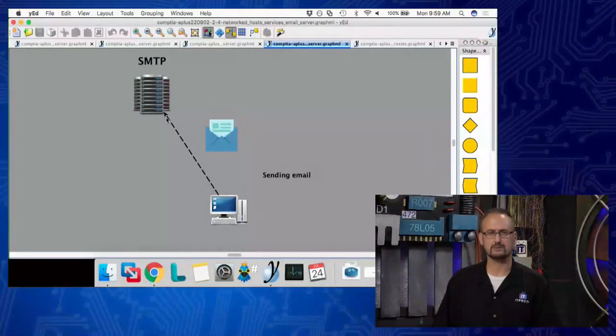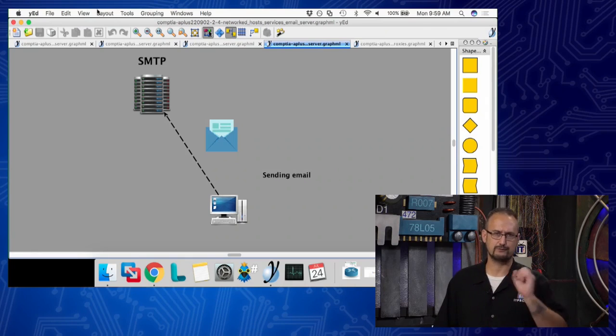So what happens? You're going to reach out to DNS again, and you're going to say, hey, I've got this name, smtp.demo.itpro.tv. Well, where do I find that server? And DNS returns the address. Then, if we could show you the little diagram here, what ends up happening is your computer sends that email out to the SMTP server. Remember, like we've talked about in other episodes, SMTP is to forward email. So you're actually sending email.